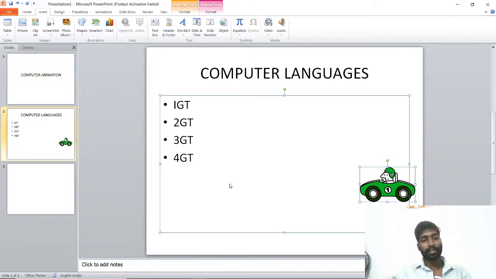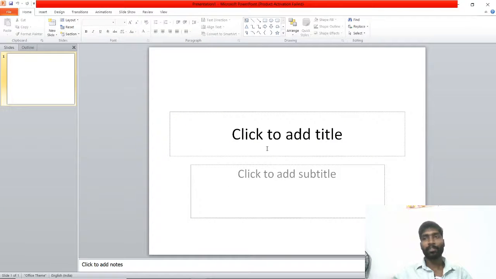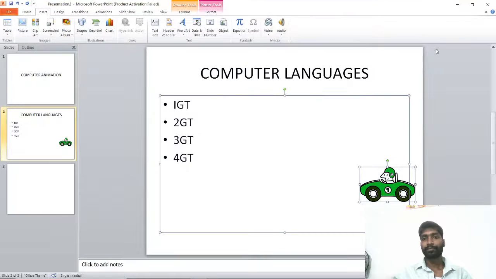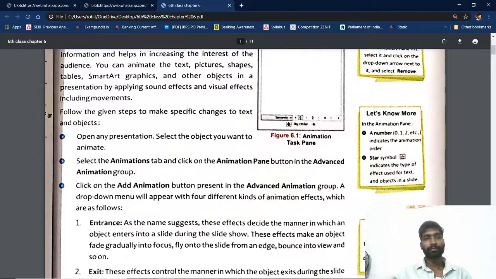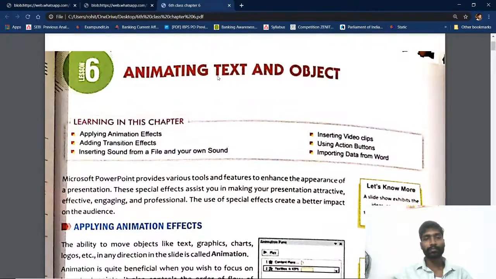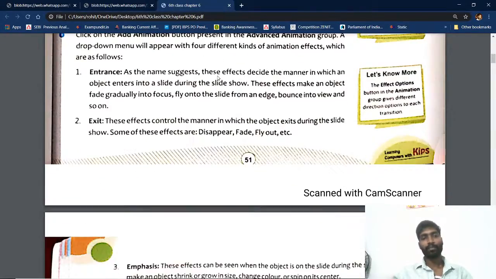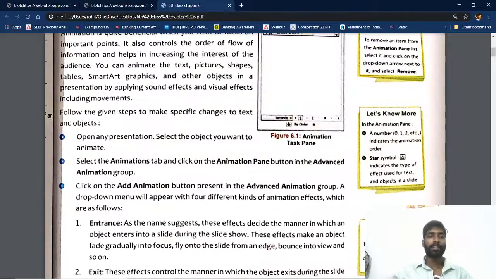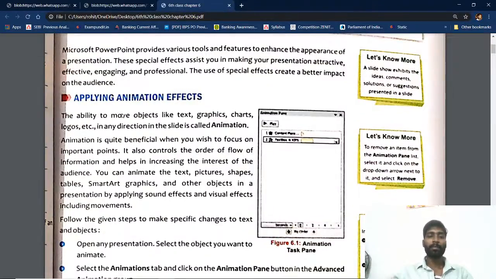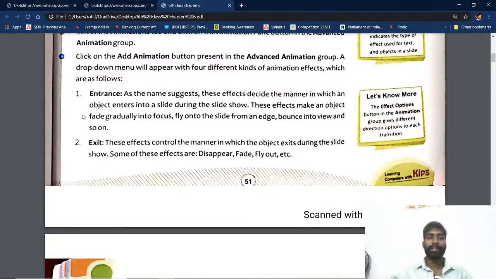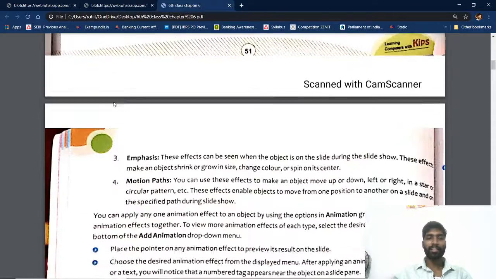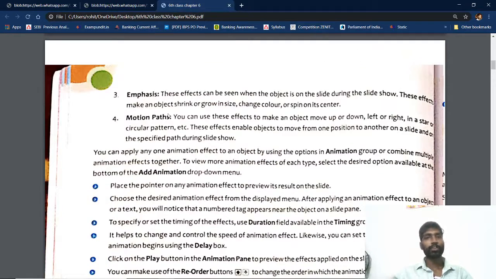Okay students, in our book we can see applying animation effect, and there are entrance, exit, emphasize, motion path. These four are the different types of animations we will do after school reopens in a practical lab.